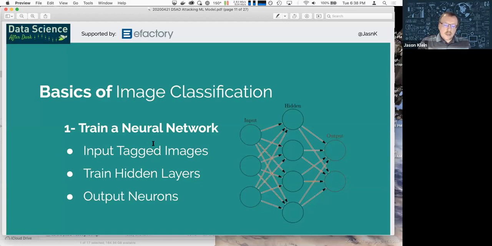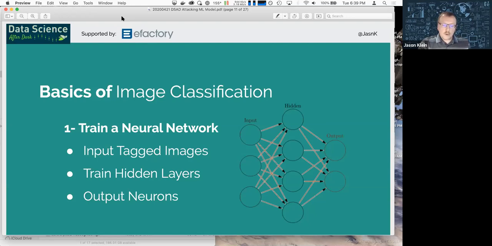But you run that through, and behind the scenes, the neural network will train these hidden layers and end up outputting what some people call neurons. But if you look at a model for, say, digit recognition, in that case, you would end up having 10 outputs.